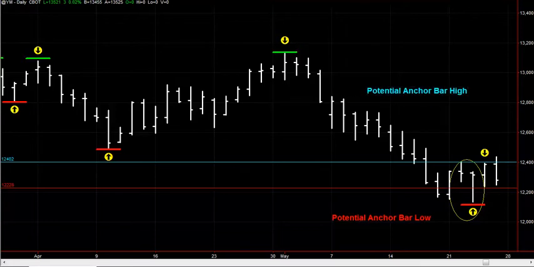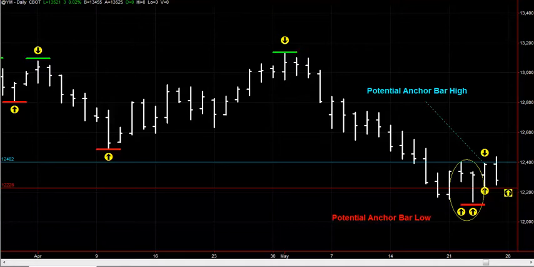So as it happens, the actualizing anchor bar is the one, let me just take extend, that bar right there that I just pointed to is both the bar that actualizes the potential anchor bar low, which is this one right here, and now we start looking for a high. And this one here is now the potential anchor bar, and it can only become the actual anchor bar until we have a close below